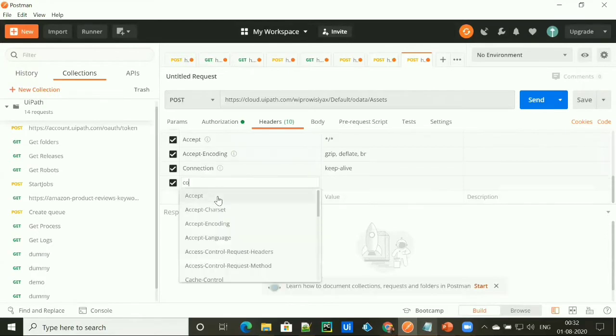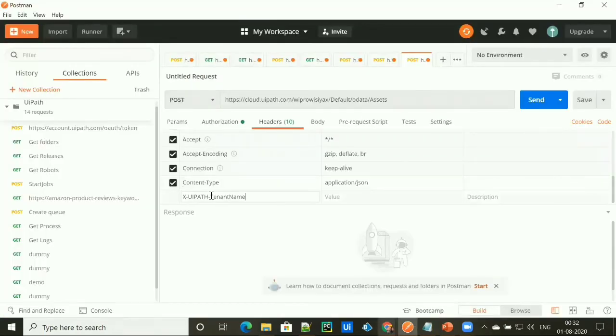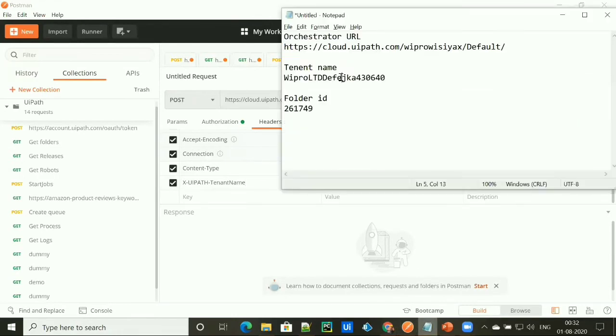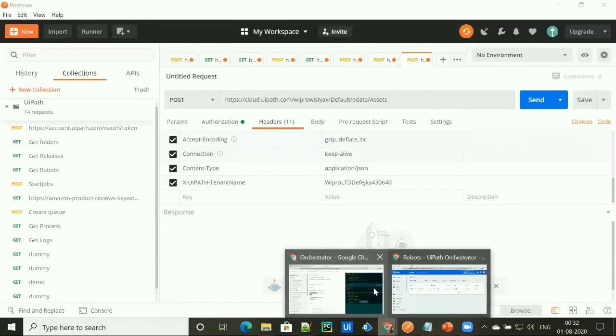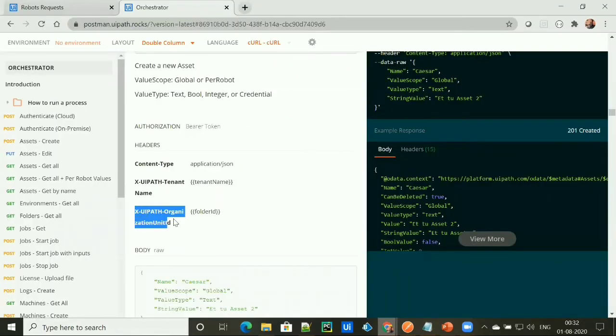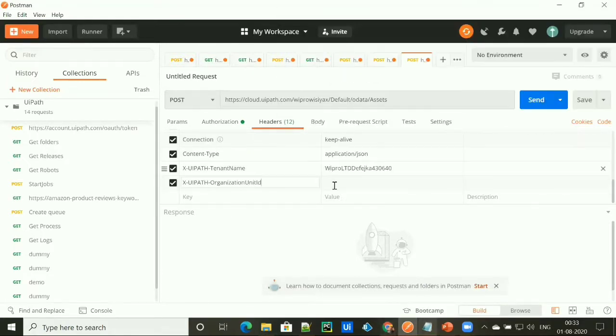Under the header section, mention content type as application/JSON, tenant name, and folder ID. So we have provided the content type, tenant name, and folder ID under the header section.